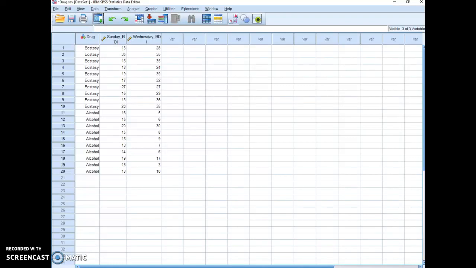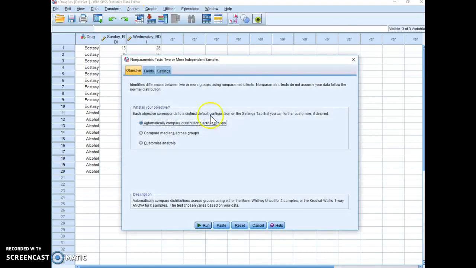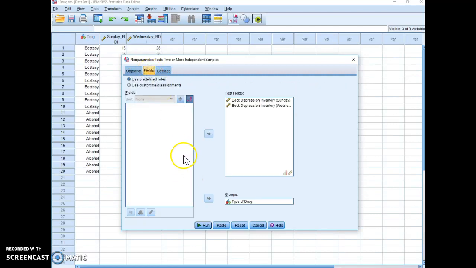Okay, so in this recording, I'm just going to show you how to run the non-parametric Mann-Whitney U test. So here's my data. We're going to go to Analyze. We're going to go down to non-parametric tests, and we're going to do independent samples. And when this window pops up, you're going to go to Fields, and we are going to use custom field